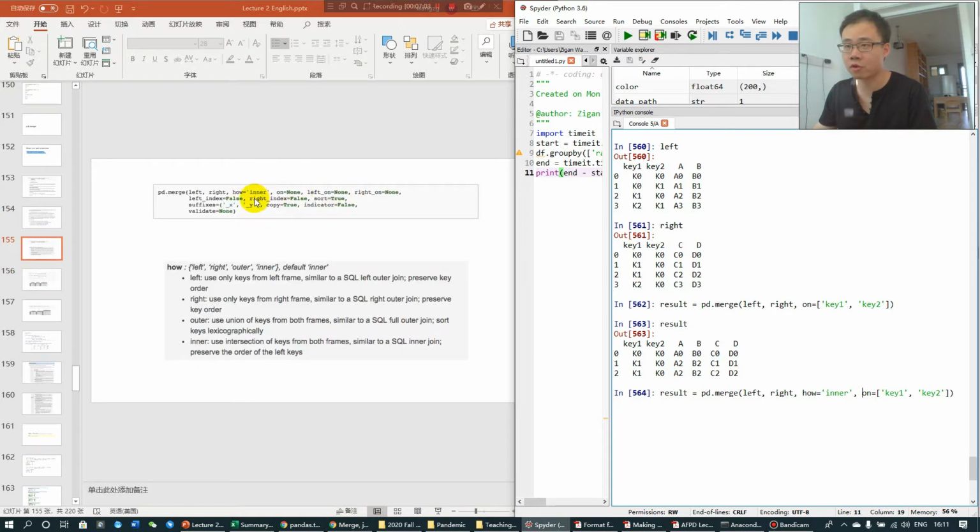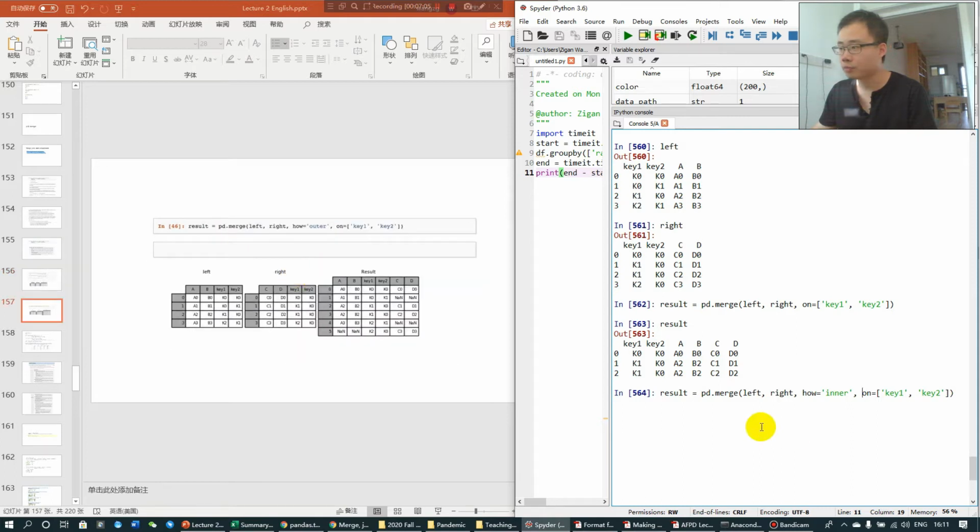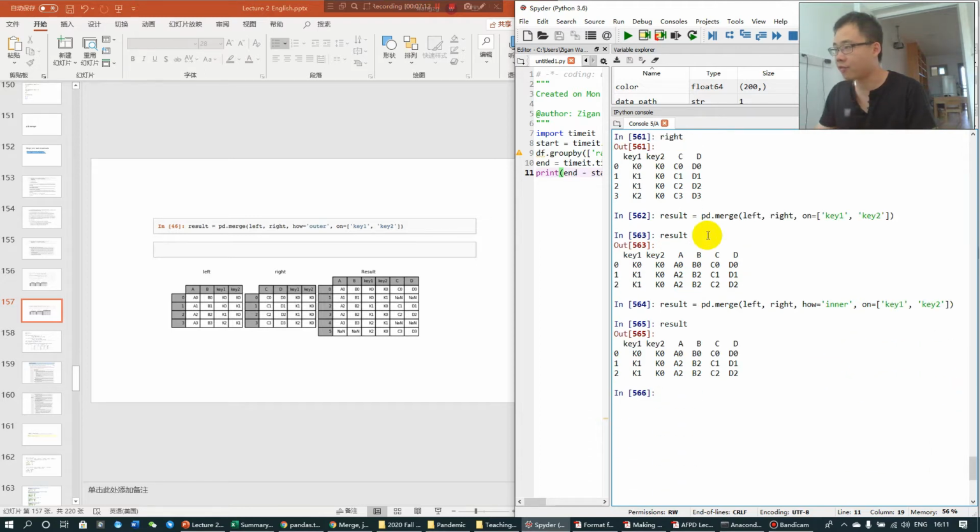The default is inner. If you have it as inner, you get what we printed before. If you change it to outer,